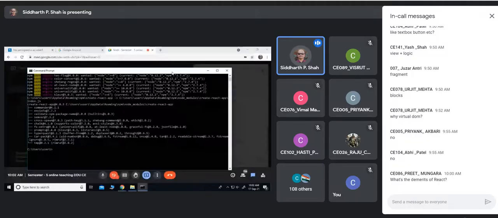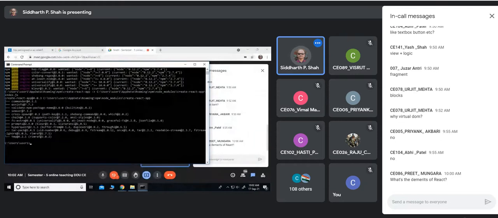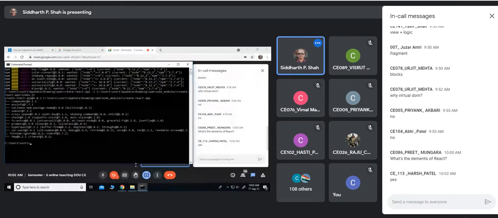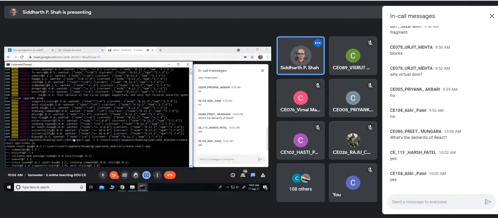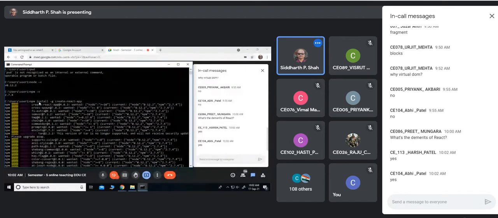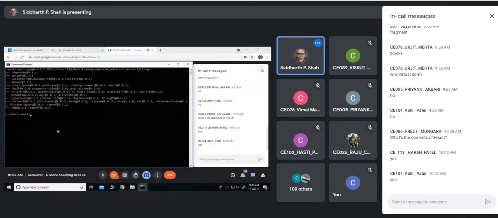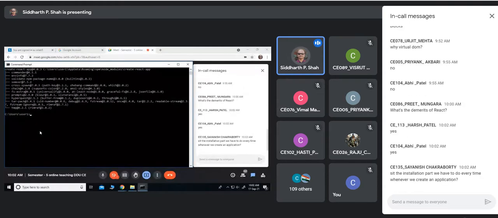I guess now you can see my command prompt, isn't it? Okay, fine. So I just installed. I just ran this command, npm install create React app, right? Of course, there are some problems related to versions because whatever versions are here, they are very old versions.